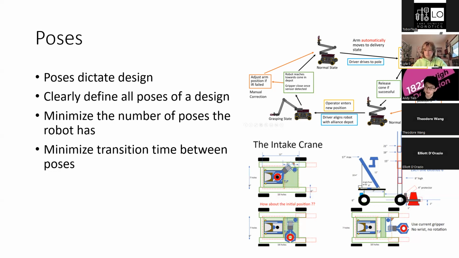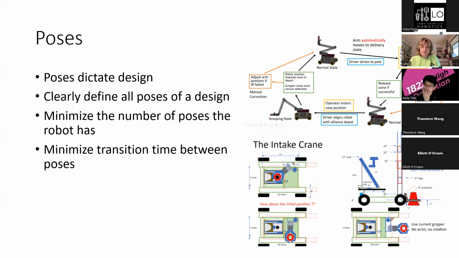Because at the end of the day, your goal is to have a faster cycle time than your opponent. So whenever they score on a specific pole, you can go faster than them and recapture the pole before they have a chance to bring another cone onto the field. Now, with that in mind,